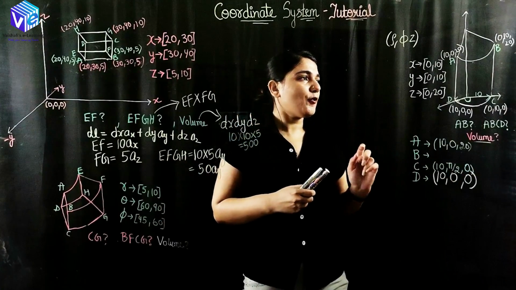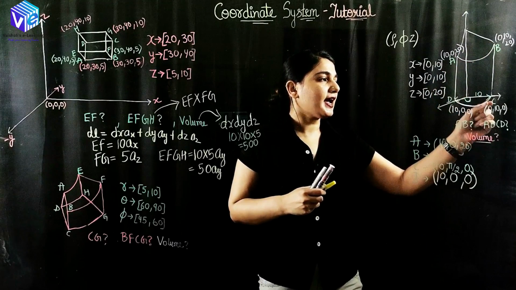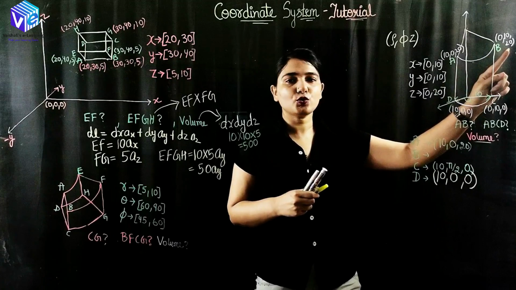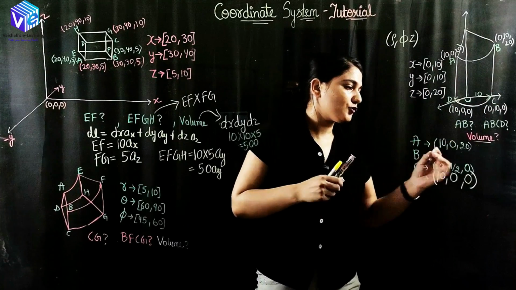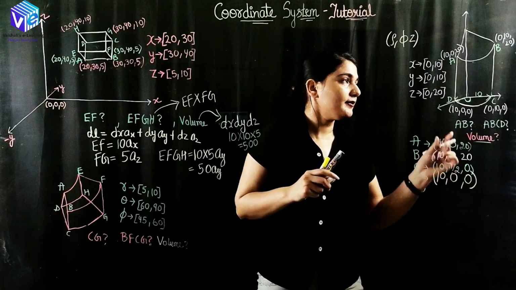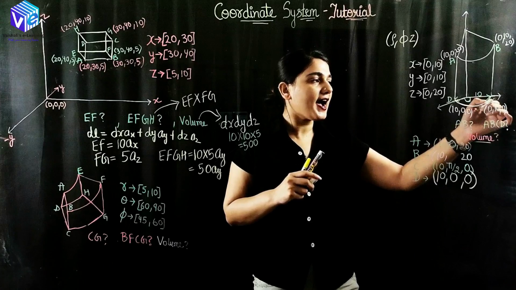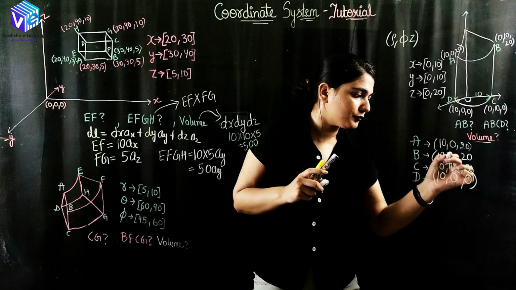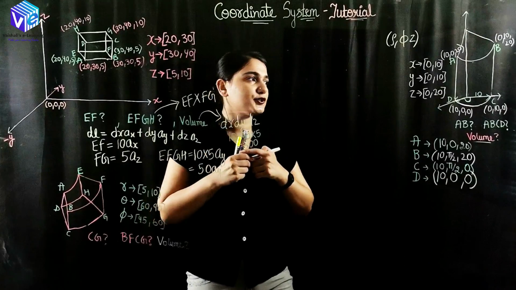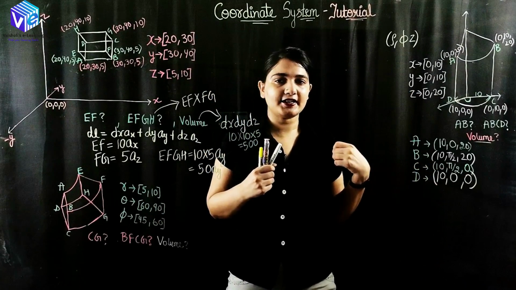Now if I see the point B, it is a translation of the point C. Here only z has changed, so I can write z to be 20, rho will be 10, and phi will be equal to the phi of C, which is pi by 2. I hope now you understood how I converted the Cartesian coordinates into cylindrical coordinates.